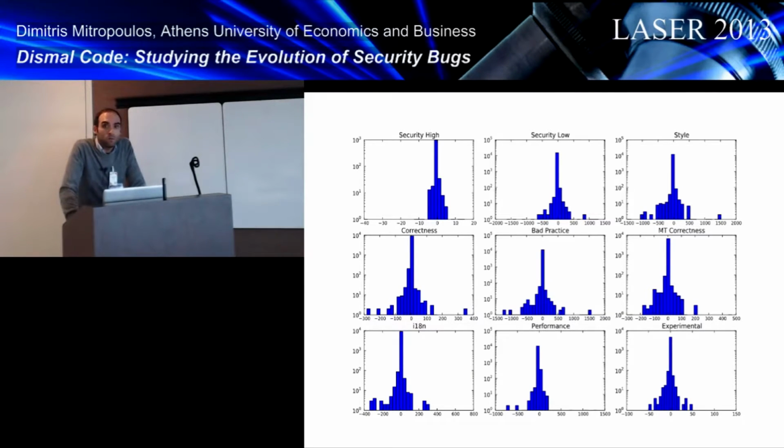Until now, contrary to our hypothesis, we cannot say that across project defect counts increase or decrease significantly across time. However, as you can see here, in individual projects, defect counts can have a strong upwards or downwards tendency. This is a histogram of the changes of differing bug counts in project versions.